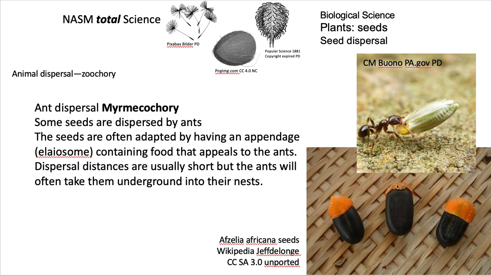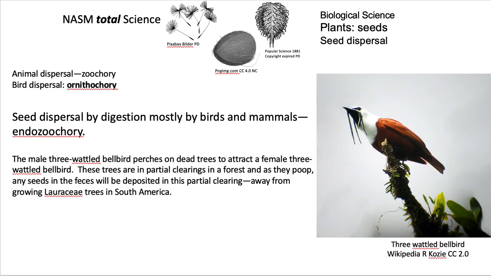And a specific one, myrmecochory, where ants can actually carry seeds, and there's a special adaptation to the seeds to allow the ant to carry the seed, and it often contains food that is appealing to ants, and it takes them underground where it will grow. And one particular bird here,